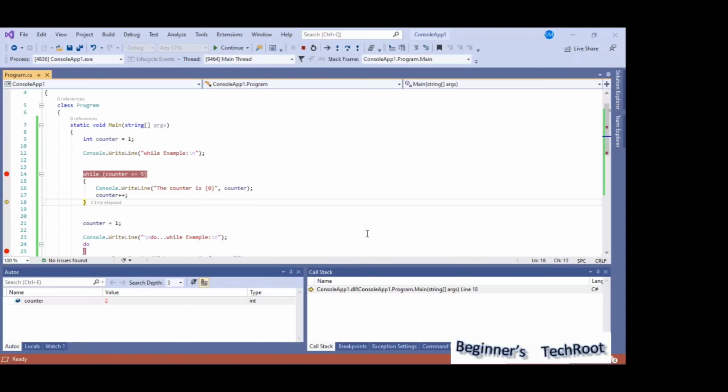So it incremented to the next value by adding 1, so 1 plus 1 becomes 2. Now it is a loop, right? So it goes again. See how it goes. I'm pressing the F11 function key. See, again it's gone up.